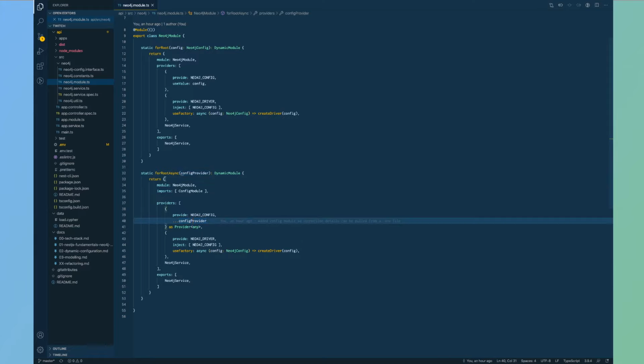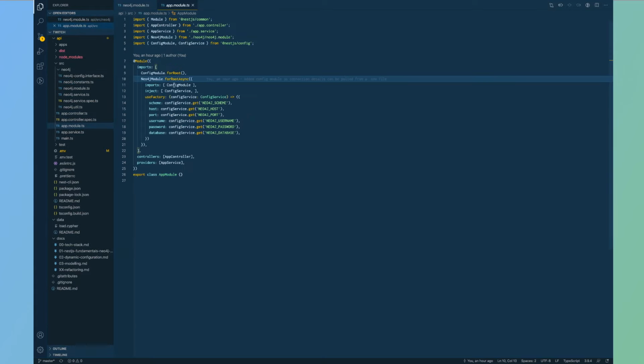But essentially what this means is that anything passed in as the config provider, I could then use it as the Neo4j config. So as long as that provides a Neo4j config object, as this function does here above, then I'll be able to then bring that into the driver function, and then to inject that into the services.